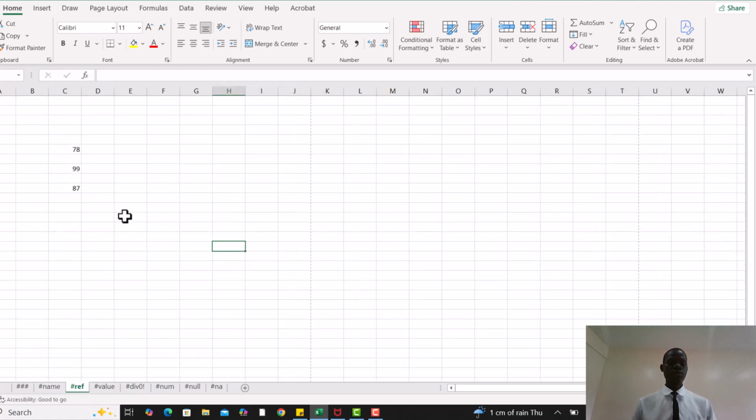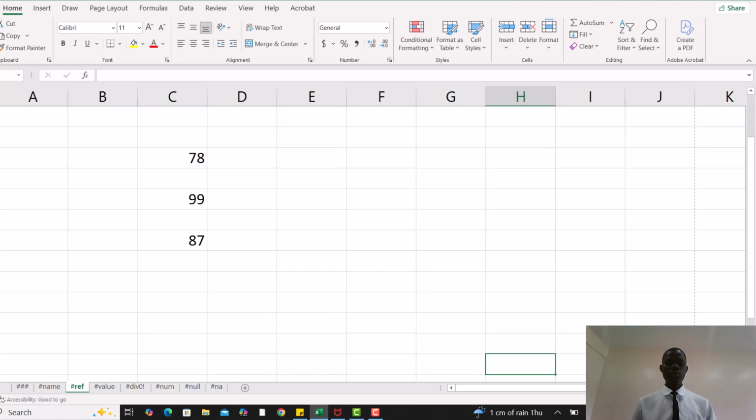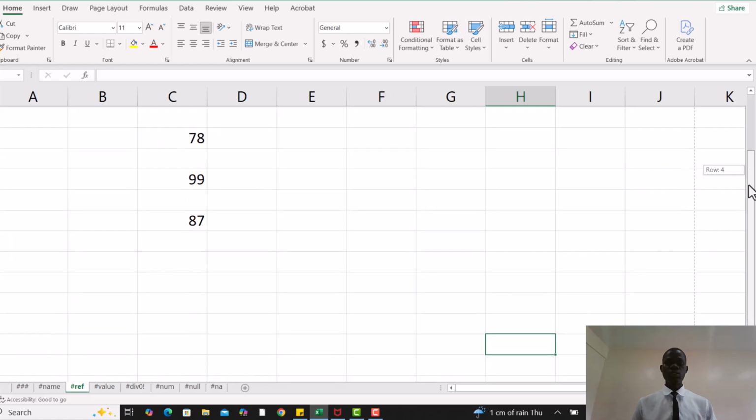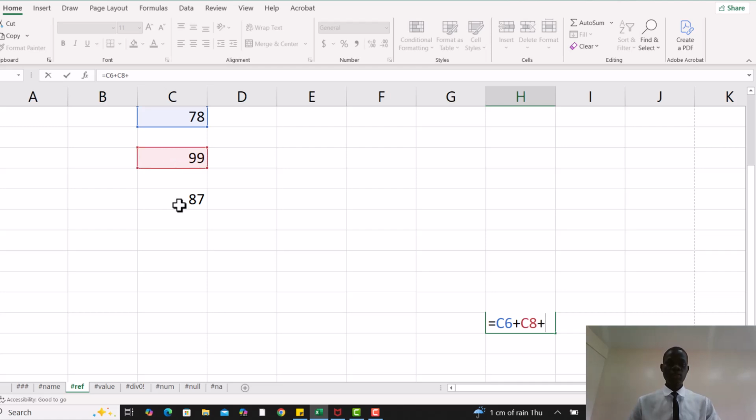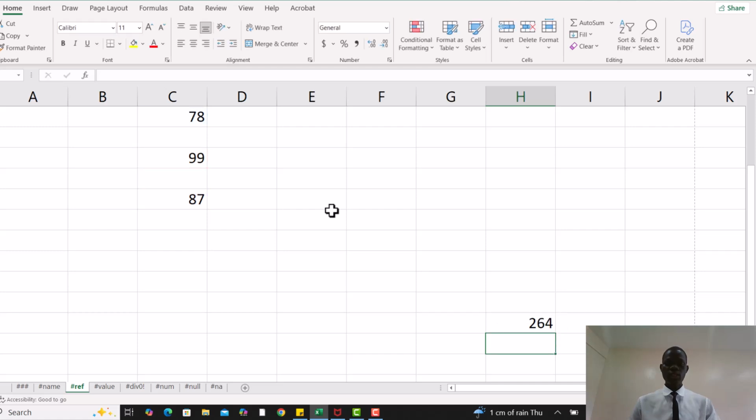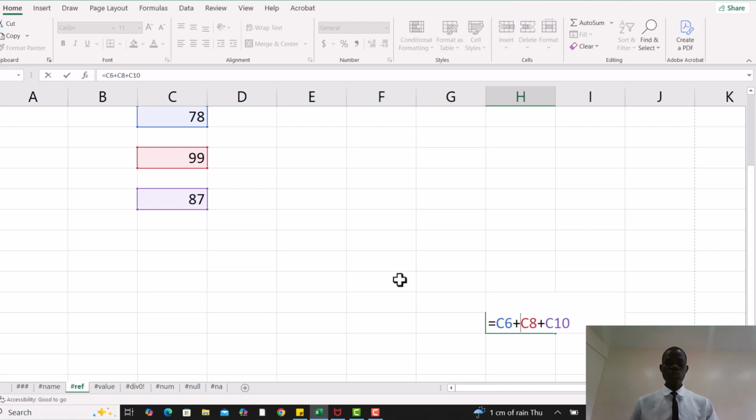Then the next error we have is called the ref error, or the reference error, meaning whatever you're trying to show the function is not there. It has looked for it and didn't find it. So if I have this here, then I say equal sign, and I sum all of this plus this, then plus this, and then enter. It will bring for me this value, right? So if I decide to delete one of the cells from here, like I delete the whole row,